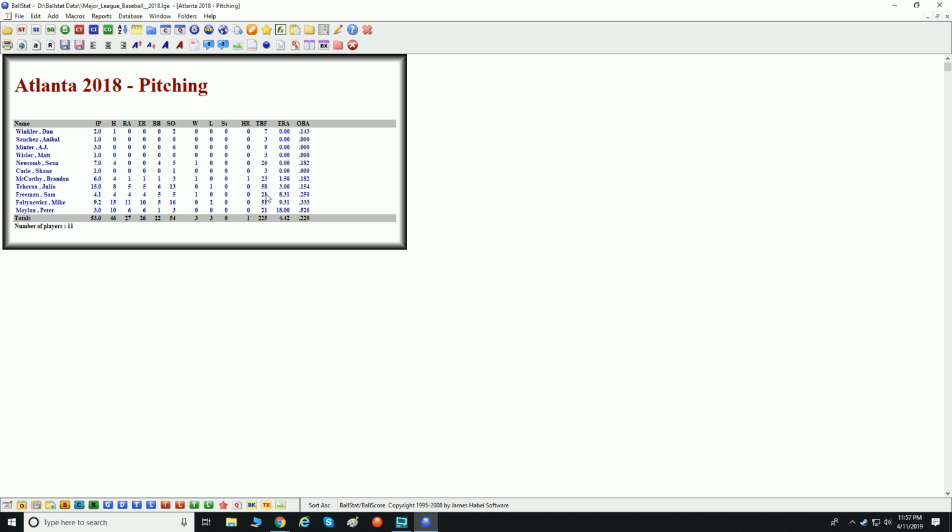And our other starting pitchers are Julio Teheran. He's pitched 15 innings. He's given up 8 hits, 5 runs, all of them earned, 6 walks, 13 strikeouts. He's 0-1. And Brandon McCarthy, he's 1-0. Sean Newcomb is 1-0.